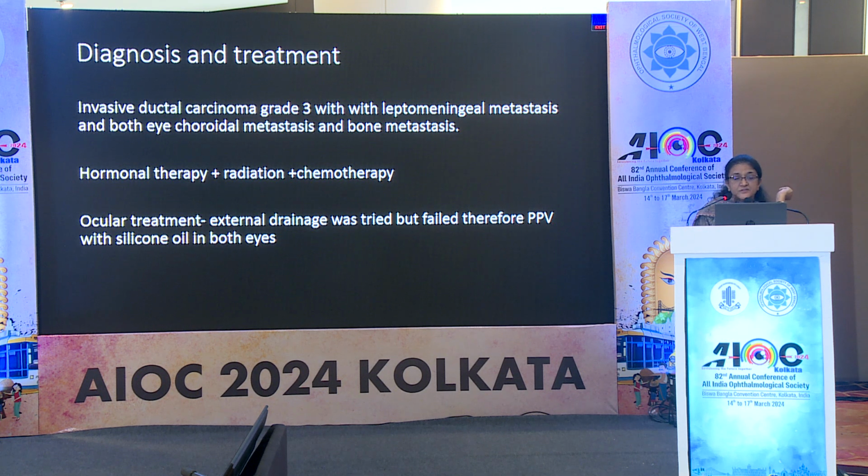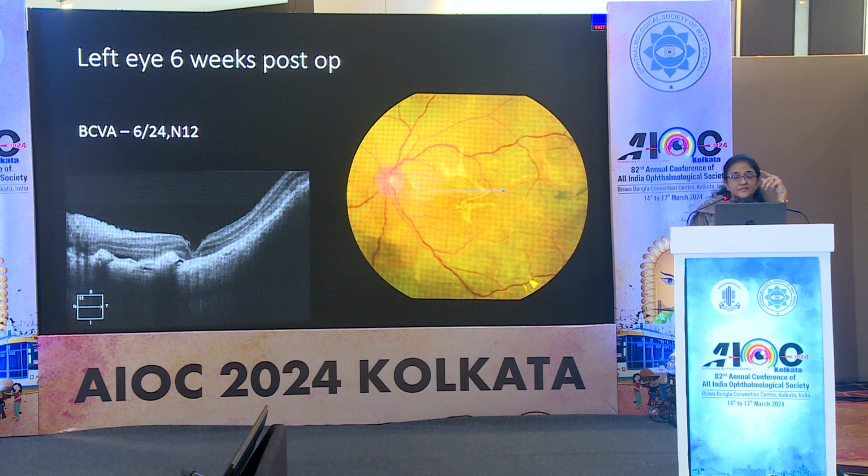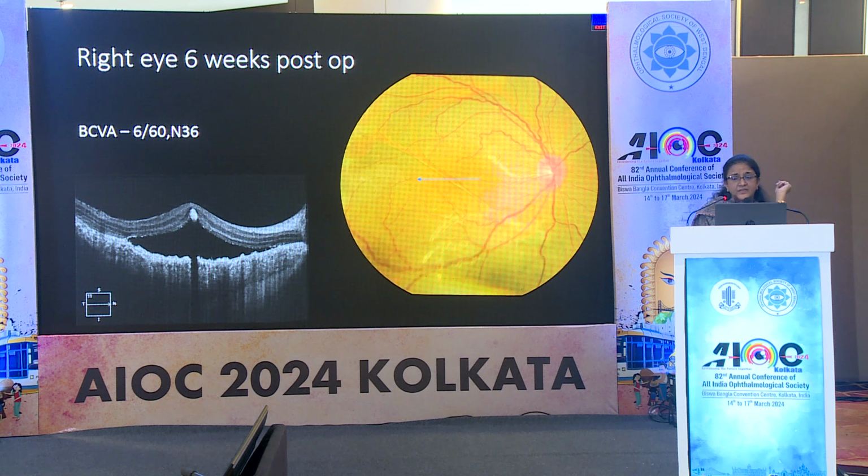As far as the ocular treatment is concerned, since we are dealing with an exudative RD, we tried doing an external drainage, but because we had lost so much time and there were subretinal gliotic bands, the retina would not settle with an external drainage, and finally I had to resort to a pars plana vitrectomy with silicone oil injection in both the eyes, which made the patient ambulatory, but we lost this patient in 6 months' time because we lost a lot of time initially treating her as a patient of VKH. And this is her 6 weeks post-op follow-up, where you find that the vision is considerably okay